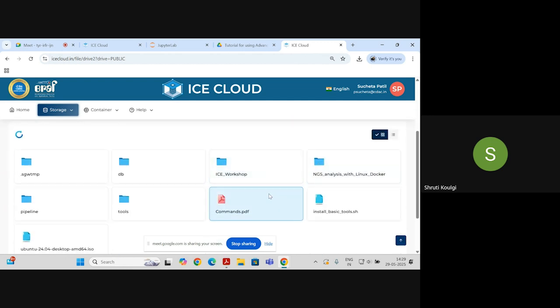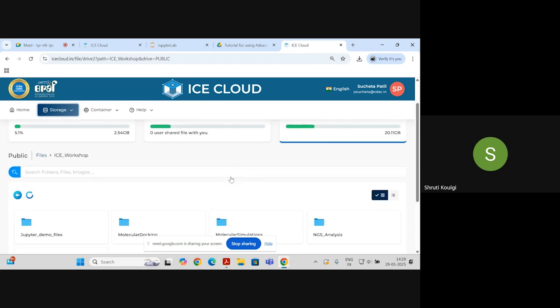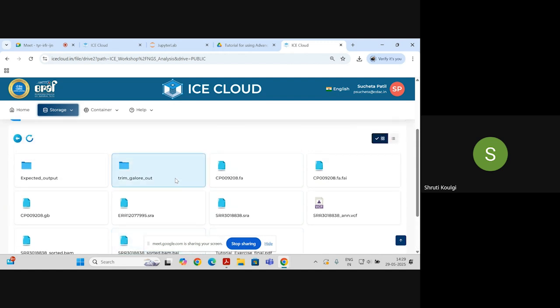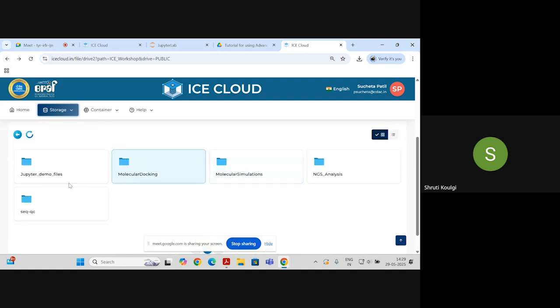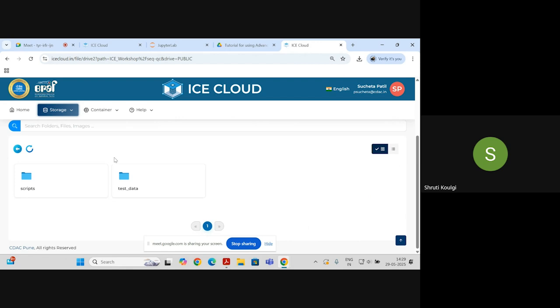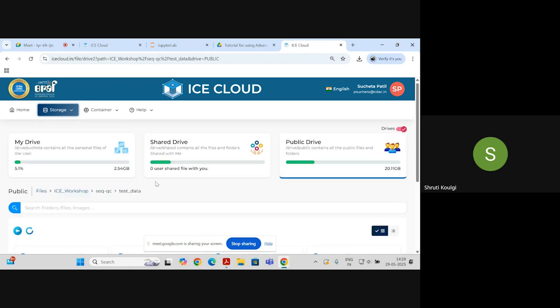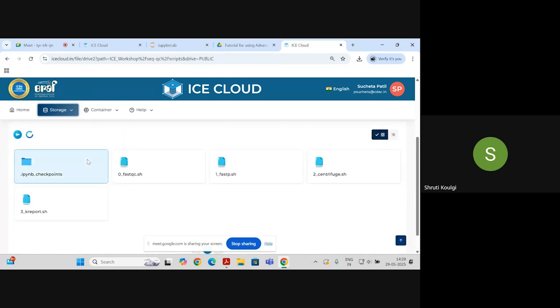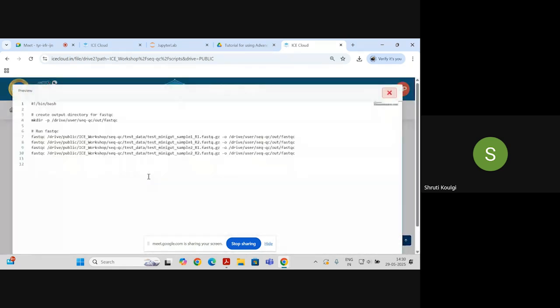where it is located on ICE. So you go to ICE workshop. In the ICE workshop, NGS analysis. In the NGS analysis, in the ICE workshop, CQC data. And here is your test data that we will be using in this tutorial and the scripts. So these are the bash scripts that I have already created so that you don't have to type in all those commands which we saw in the previous hands-on session for every command. So for example, fastqc.sh has got,